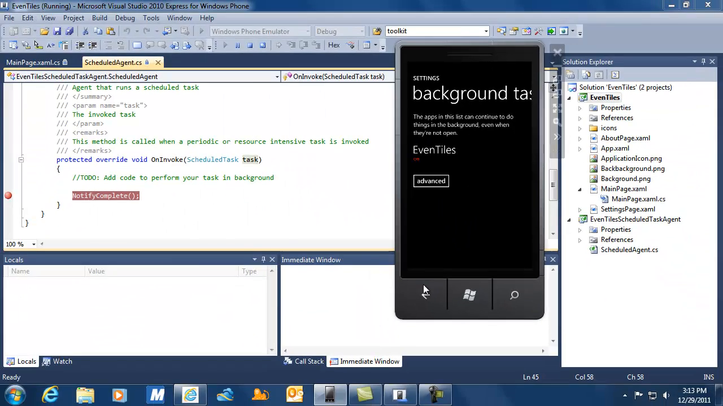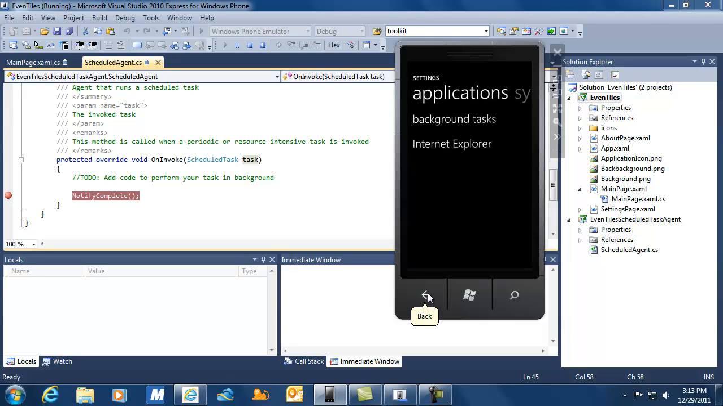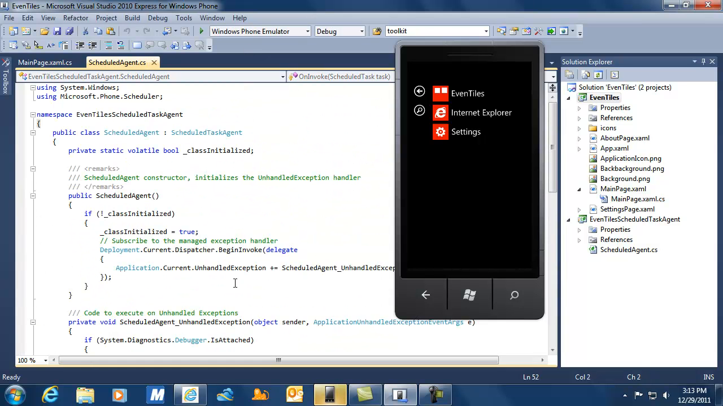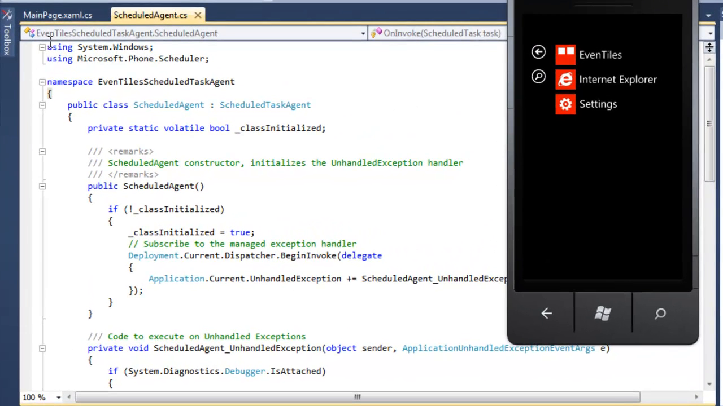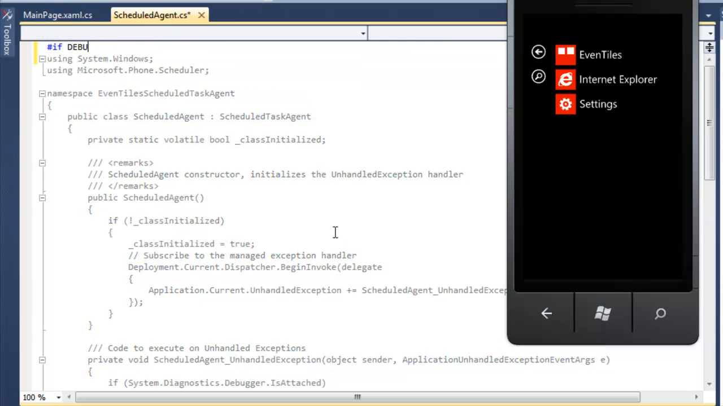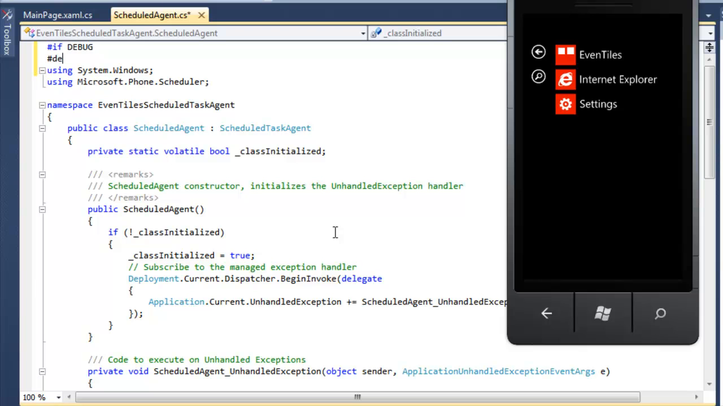So what we're going to do now is change our application slightly in order to have more frequent executions of our background or periodic agent. And in order to do that, now we're going to work inside our scheduled agent.cs file, and we're going to do a similar thing. So again, we're going to make use of conditional compilation here. I'm just going to define the same constant in the same way, so only in debug mode that particular constant